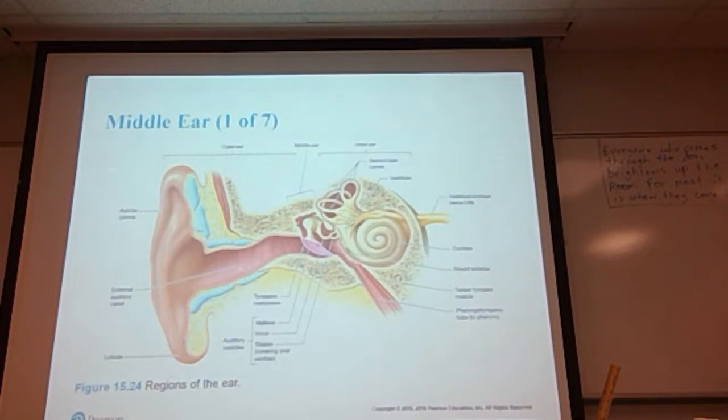Here is a picture of the ear. This is the outer ear. It goes from the external ear, the auricle or the pinna. There's the earlobe. You have the external auditory canal. The outer ear ends at the tympanic membrane. Some people will refer to the tympanic membrane as the eardrum. The middle ear is made up of the eardrum, the three associated ear bones, and this little area right here. And then the inner ear is going to be the semicircular canals, the vestibule. We have something called the round window,